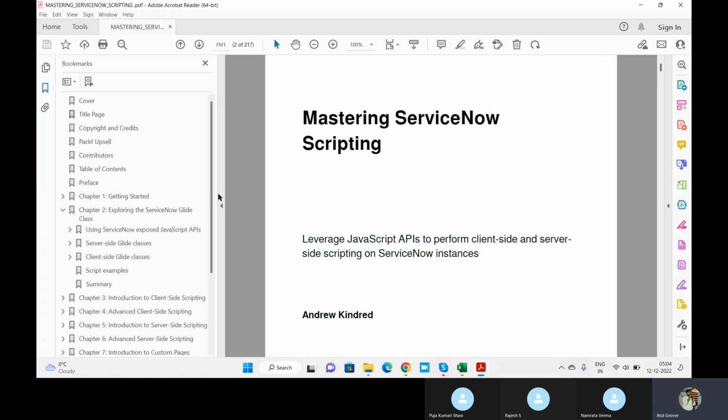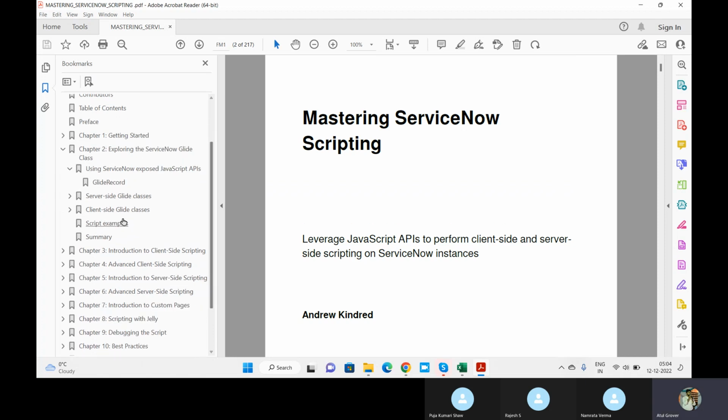So we have done the first glide class, which is called GlideRecord, which is basically used to expose the JavaScript APIs. Now we have two things. Number one, we have server side, and number two, we have client side. It means that there are a few classes which work only on the client side and